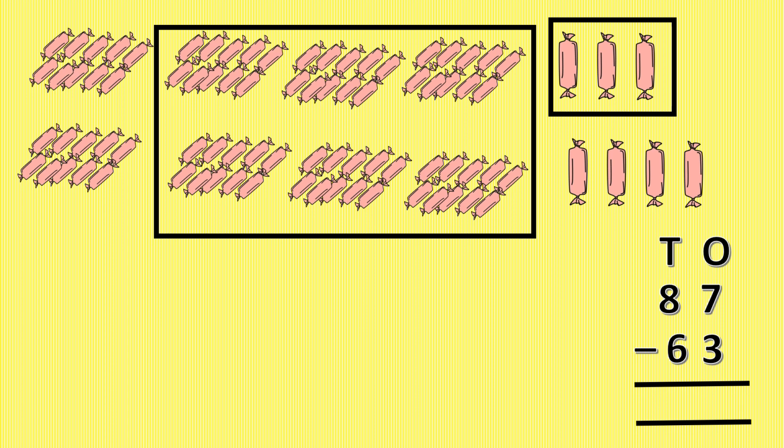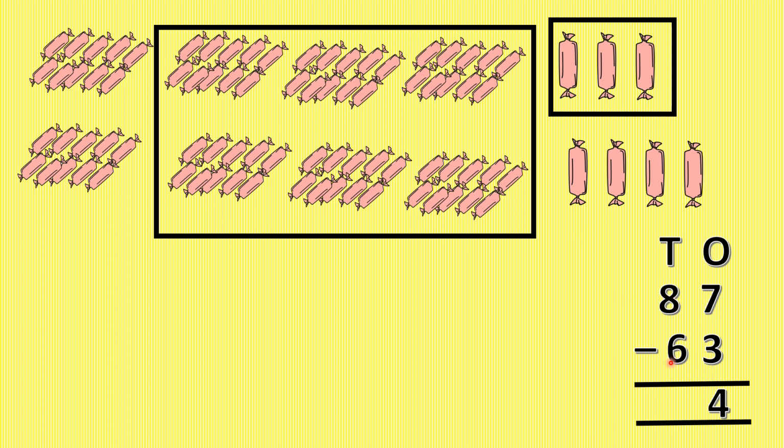Now let us do subtraction. 7 minus 3 we have to do first. We have to start from ones place. So 7 minus 3. You can move forward after 3, 4, 5, 6, 7. So we have moved 4 steps forward. So here will come 4. Or we can see here that these are 1, 2, 3, 4 chocolates which are not inside the box. So that is the answer. Below ones place we will write 4. 7 minus 3 is 4.